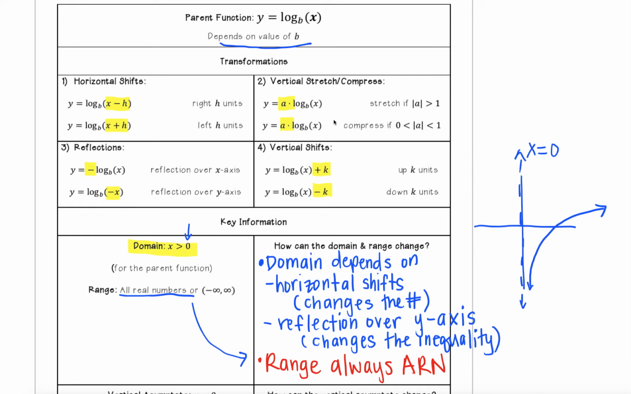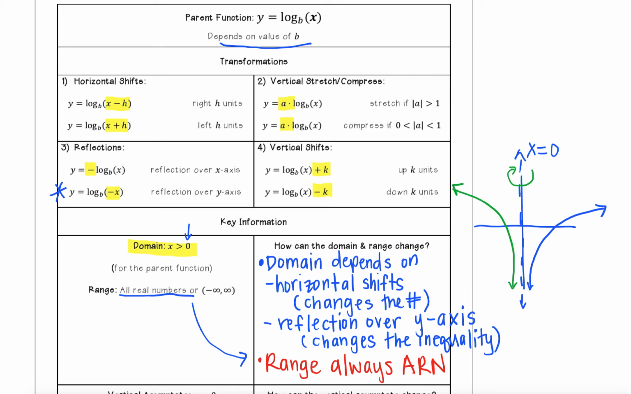Vertical stretches or compresses will not change our domain because those are dealing with our y values. Same thing with a reflection over the x-axis, that's changing our y values as well. But a reflection over the y-axis is going to change the inequality for our domain. So if we flip this graph over the y-axis, we're going to get a graph over here